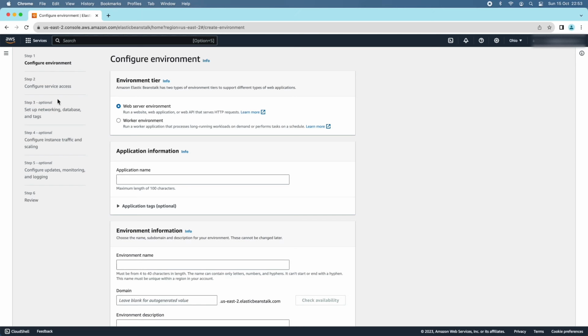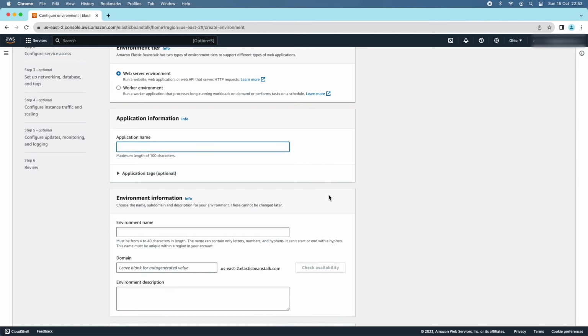Okay, so there are 6 steps as you can see here. In the first step, we configure the environment. So choose the default environment. Here is the web server environment because we are going to deploy a Java web application based on Spring Boot, and then enter the application name, for example, my Spring Boot app,